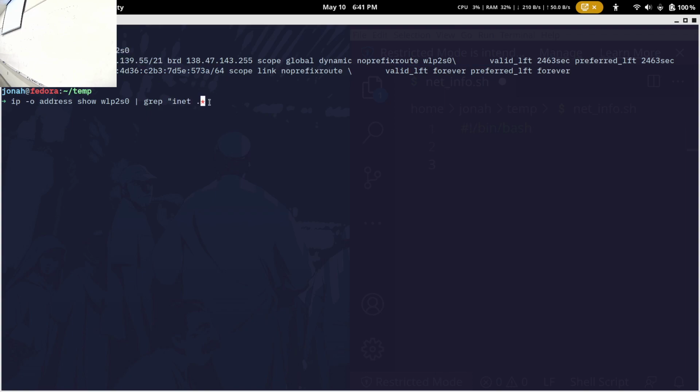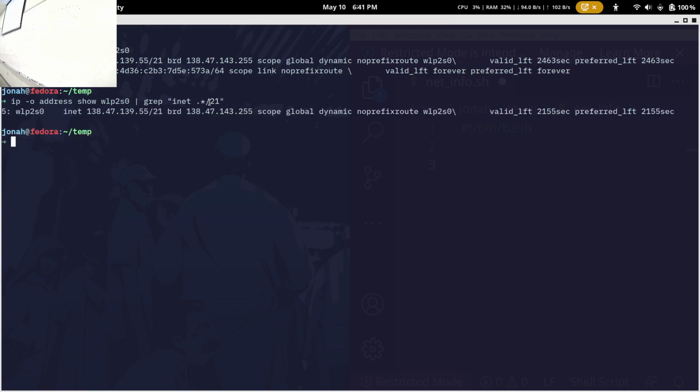So let's say inet space, any number of characters followed by a slash, and then just to make it simple, cool, let's see if that works. Oops. Another flag. Cool. So grep has a cool little flag.